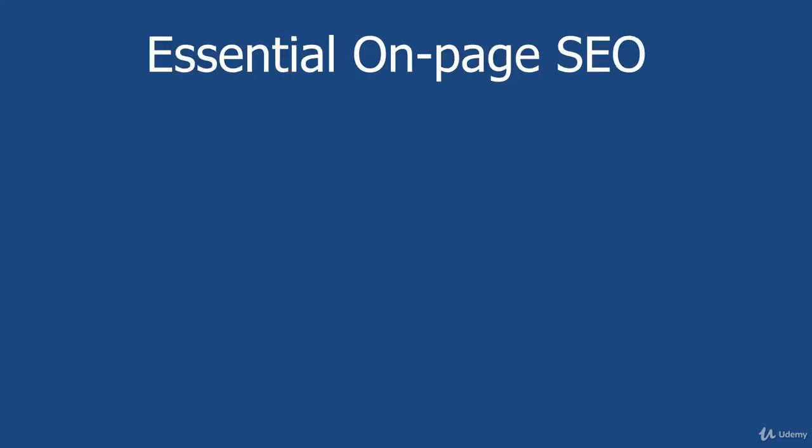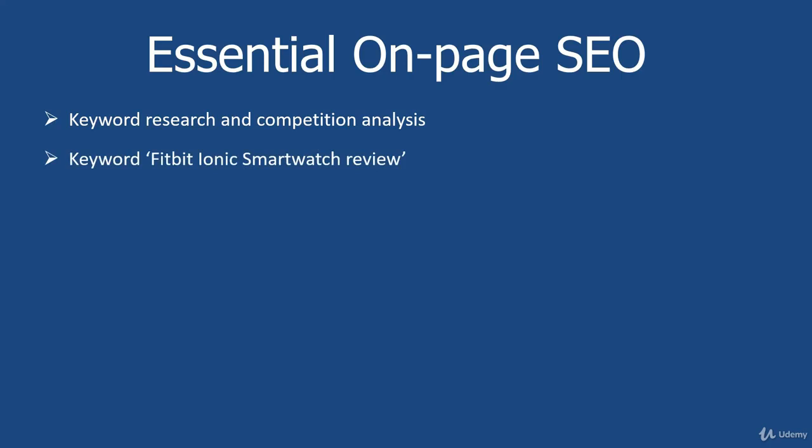So we need to think of this as the essential on-page SEO and keep that 10% rule in mind. Okay, this is not the major part of your SEO efforts. And in fact, what would normally happen at this point of an SEO course is that we do a lot of keyword research and competition analysis. But really, we know straight away what our keyword is. In my example, and if we just think about the product review, the keyword is basically Fitbit Ionic smartwatch review. I mean, we could play around with it a bit, but at the end of the day,